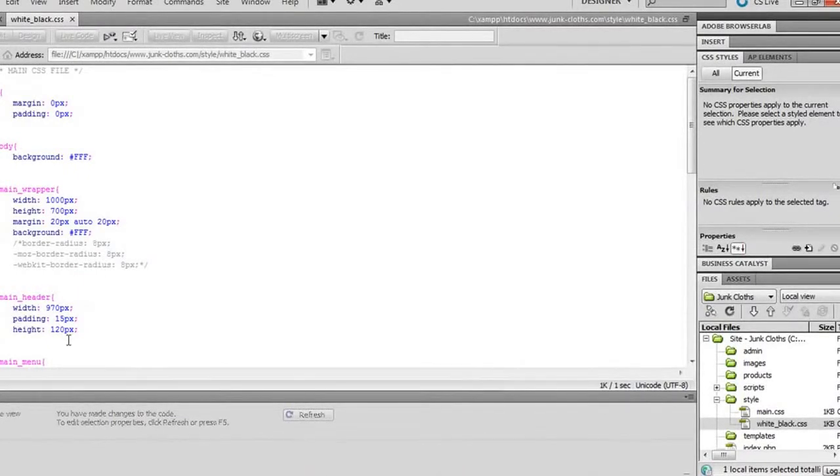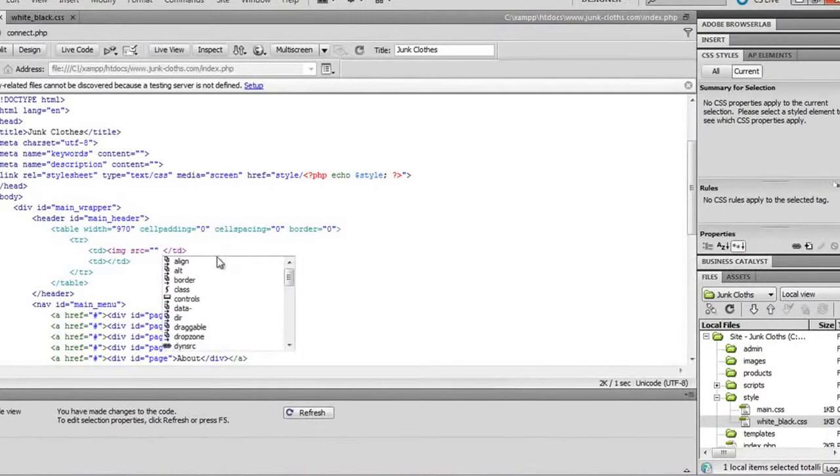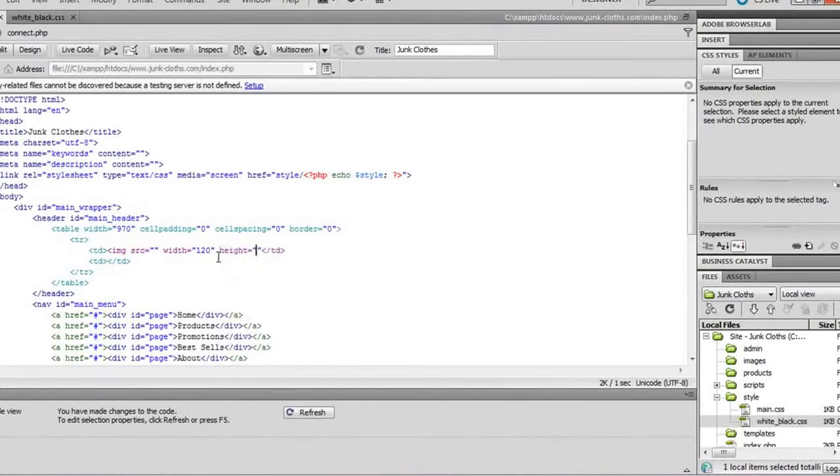Okay, so I'm gonna put the image. So image source, and we don't have that image yet. We're gonna put it. Width is gonna be 120. Height is gonna be as well 120. Okay, so border is gonna be 0,